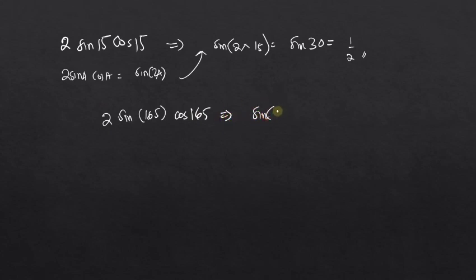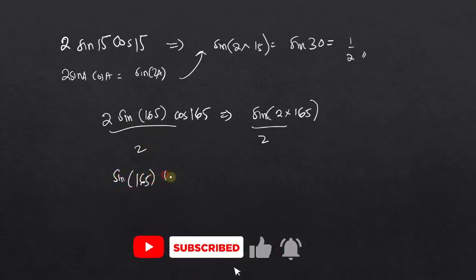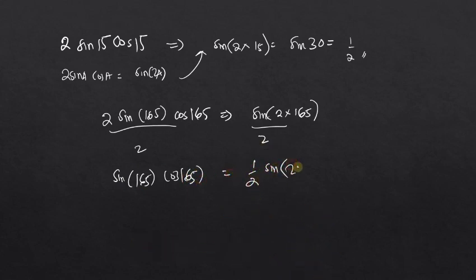Sine of 2 times 165, right? But then there is no 2 in the question, so we divide by 2. Your answer will now be half sine of twice the angle. Because there is no 2 in the main question, we have to account for it over here. So this will be equal to 1 over 2 times